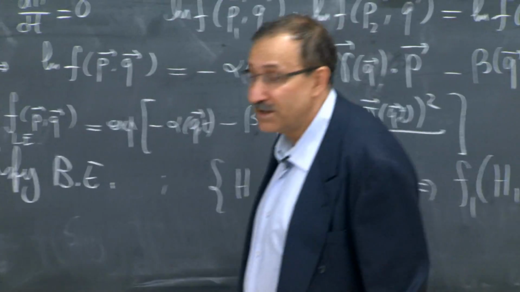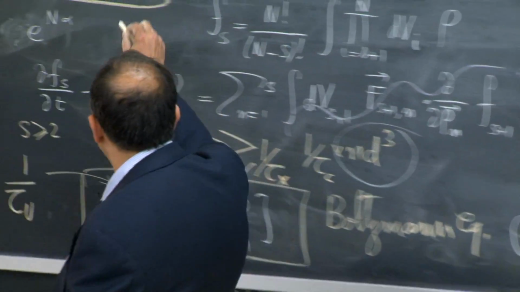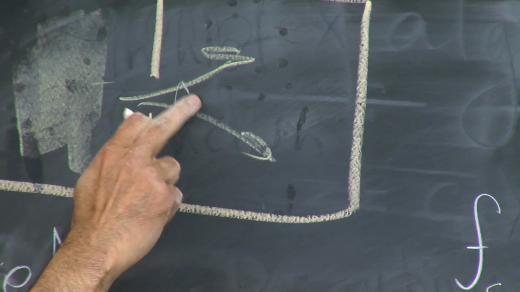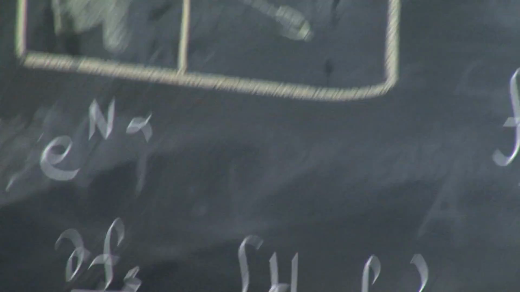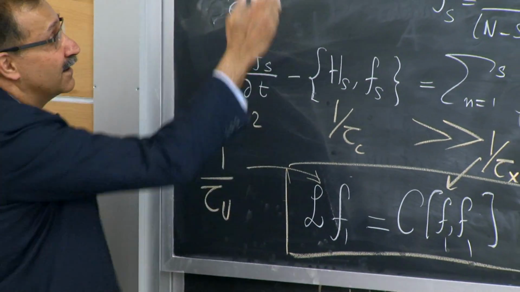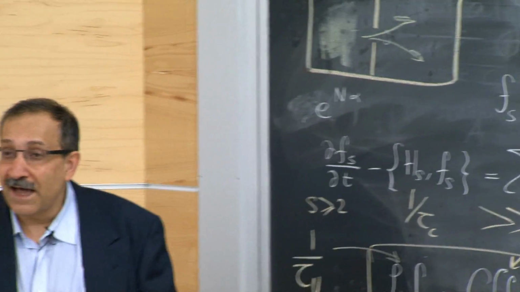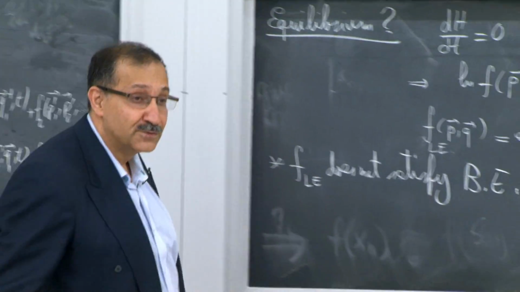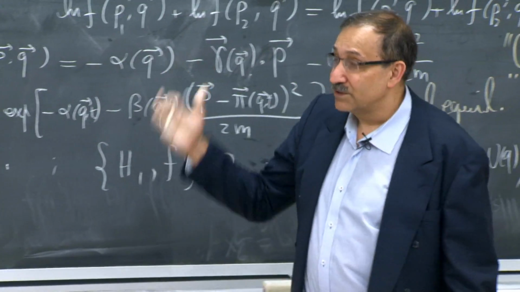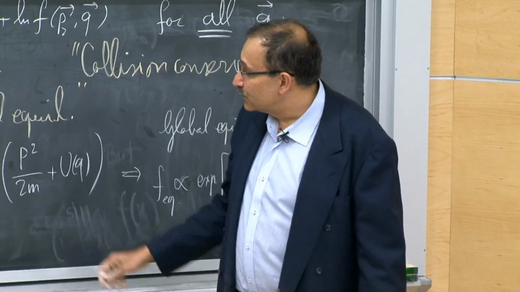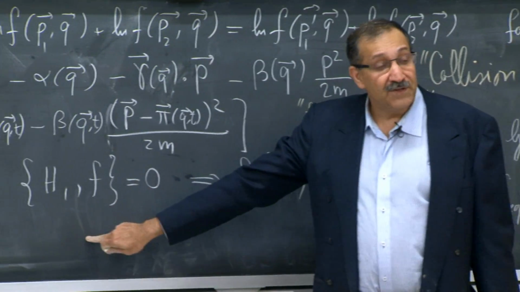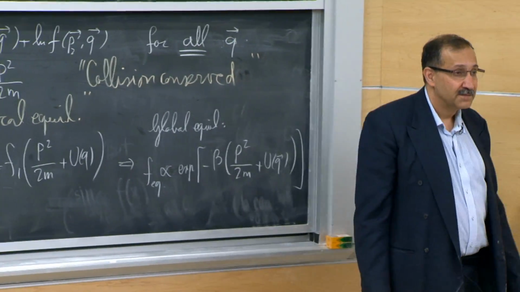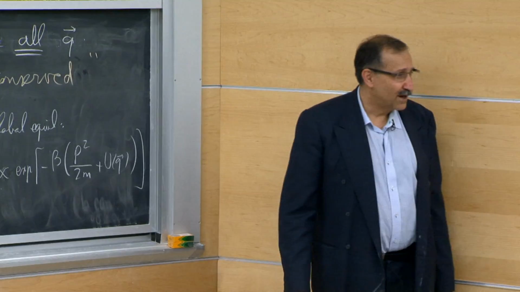So initially, maybe locally over here, there is a stream velocity that goes towards the right. So I should have an average at that time that prefers to go to the right. I wait sufficiently long, presumably the whole thing comes to equilibrium, and that average goes to 0 also. So presumably, the next thing that I need to do in order to answer the question, how does this thing come to equilibrium, is to find out how the left-hand side of the equation manipulates these parameters alpha, beta, and pi. But that's not quite consistent either,